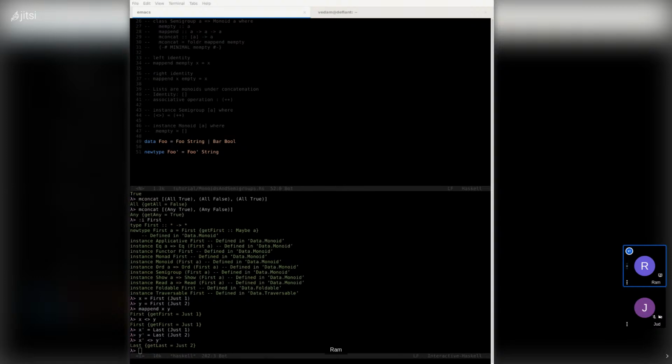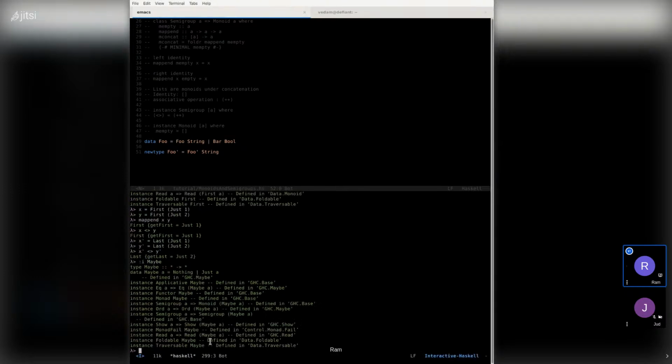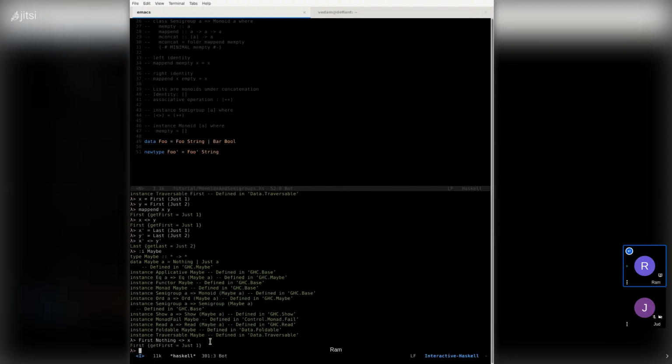But because you have a maybe type, and remember, maybe is either just, which takes the wrapper of the type, or nothing, we'd have to do first nothing or x, and you'll see that you actually get the rightmost argument in this case.